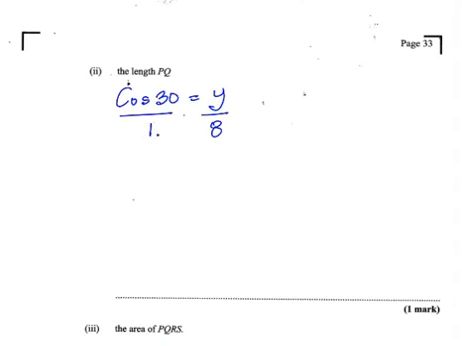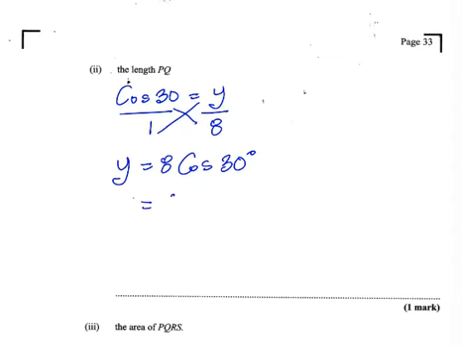Cross multiplying, I have Y is equal to 8 times the cosine of 30 degrees. So the length Y, which is PQ, is equal to